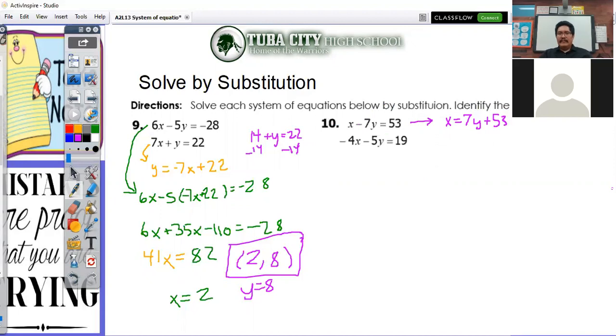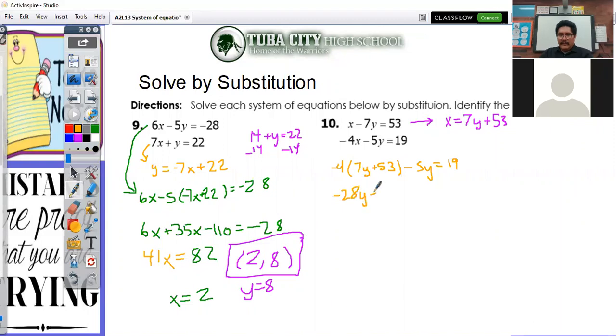Double check it, make sure I didn't put anything in the wrong place or switch any signs. But there we go, we have that. So since we have x solved, let's go ahead and plug it into here. So -4, and instead of x, again, I'm going to plug in all this stuff that x is equal to. So x is the same thing as 7y plus 53. So there's -4x minus 5y equals 19. So that's going to be